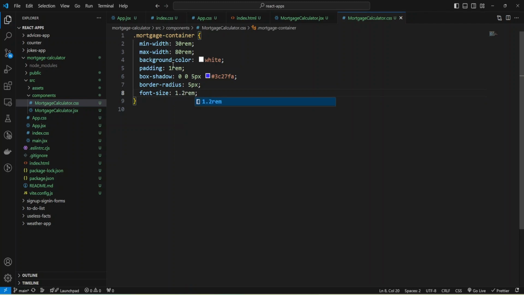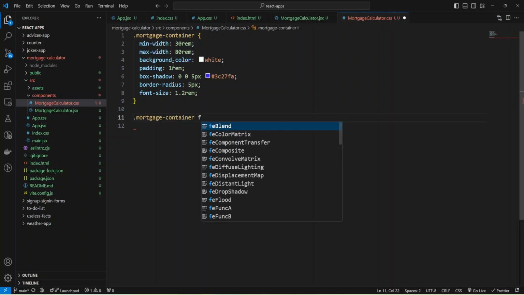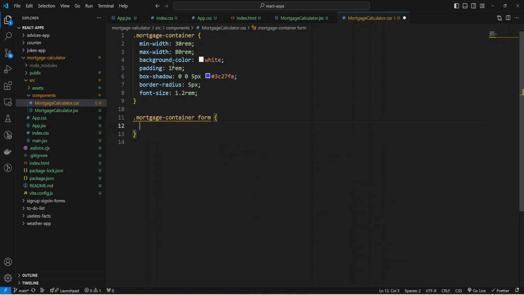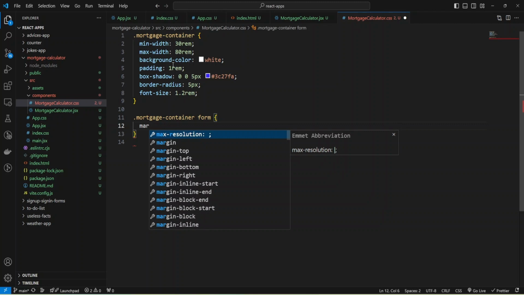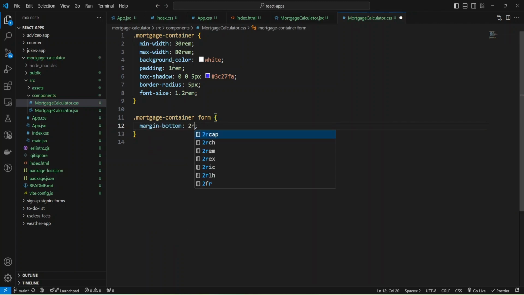And now I'm going to use my class mortgage container and provide classes for form, and I'll just add margin bottom 2 rem, and now we need styles for our form group.